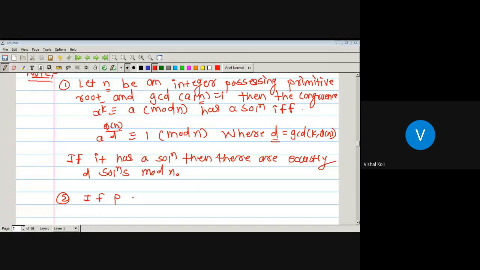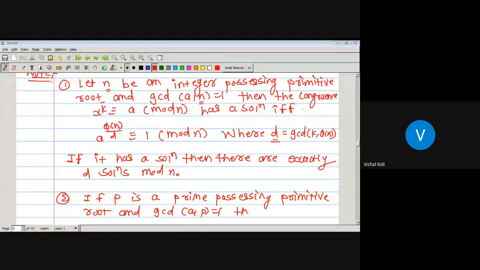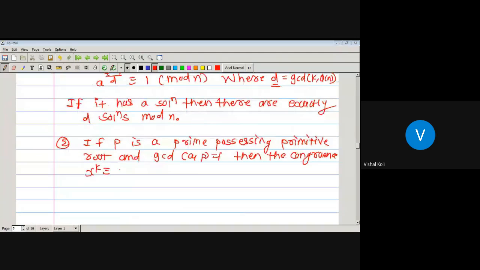If p is a prime possessing primitive root and GCD of a, p equal to 1, then the congruence x to the power k congruent to a modulo p has a solution if and only if